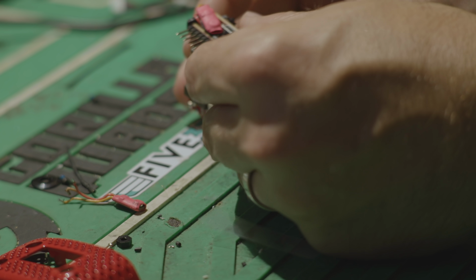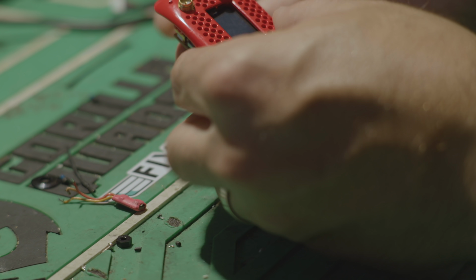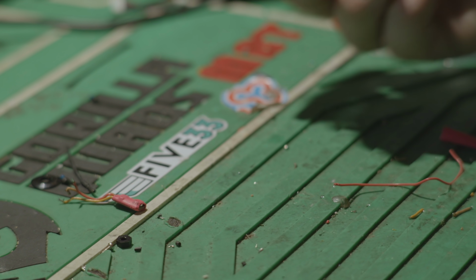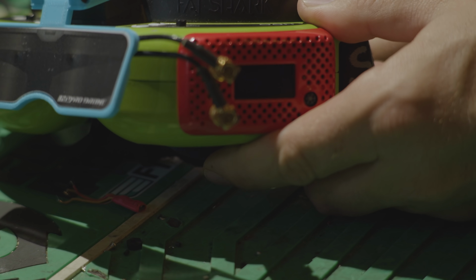And stick it right on the side, just like that. Put the cover back on. Fits just fine. There's plenty of space in there, you can see. And then stick it back in the goggles. So then the only other thing that you have to do is once you power on your goggles,